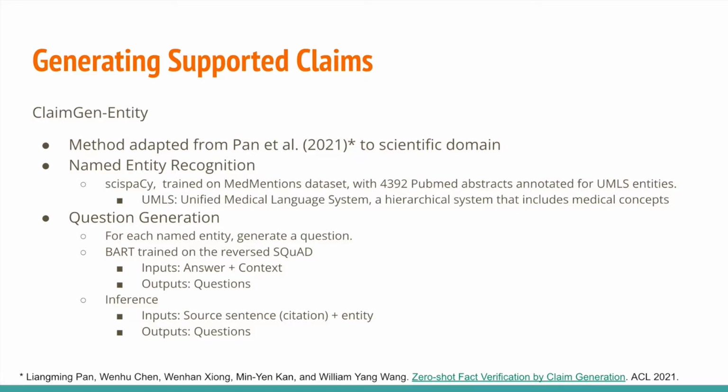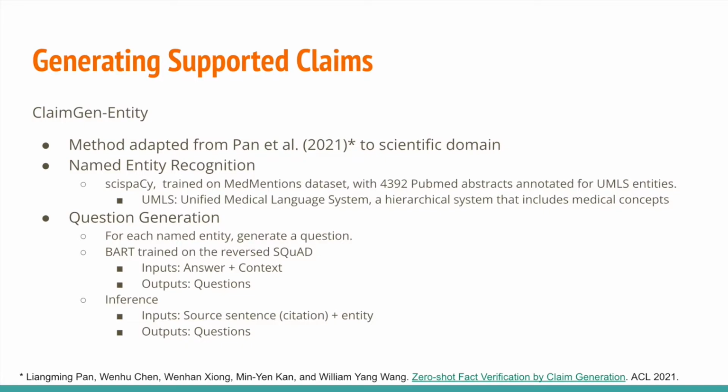For the first step, they take each input source sentence, the citation sentence, and perform named entity recognition to extract the named entities. They use a SciSpaCy model, which is trained on the MedMentions dataset with 4K PubMed abstracts annotated for UMLS entities. UMLS means Unified Medical Language System, which is a hierarchical system that includes medical concepts.